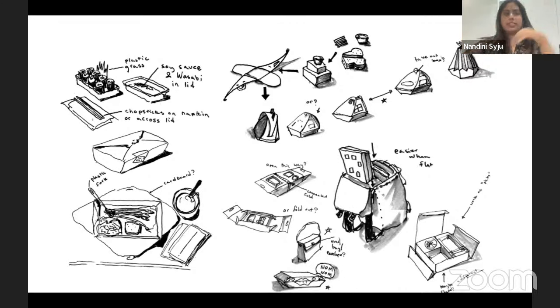So this was quite interesting. And yeah, ideally one of these would evolve into a full-fledged product. So my point here is not to make the best tiffin box, but to show you guys that all right, this is the best way to approach this question. So yeah, if you look here, there's one flap kind of opening, and there is the Chinese takeout style, and there's a little bit of origami that has been explored, right?